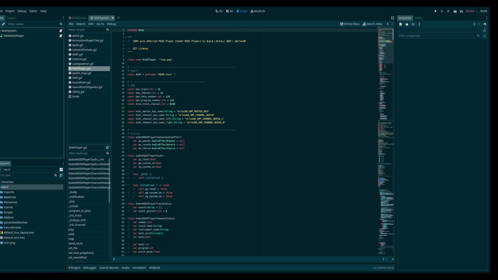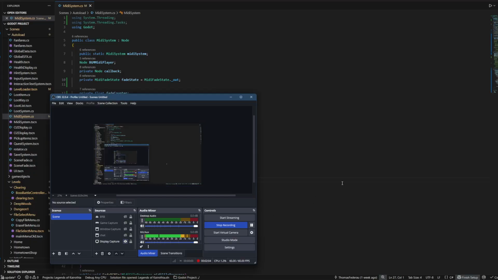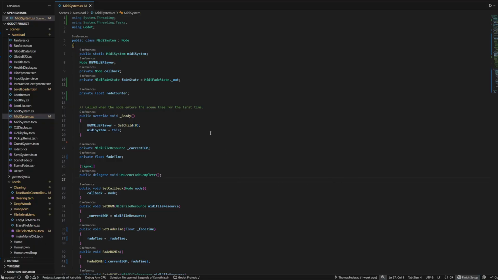So onto the actual fixes that I managed to. Oh, hold on. There we go. So now onto the actual code changes that I made. So here's the